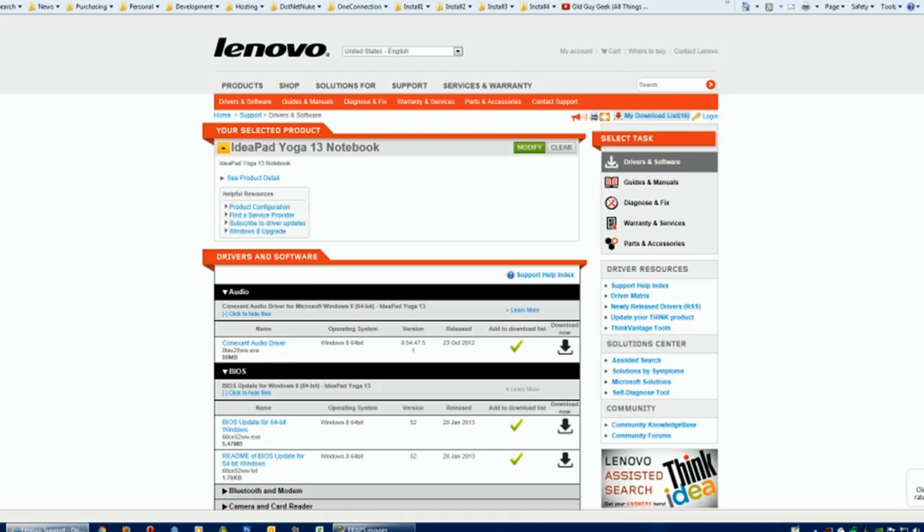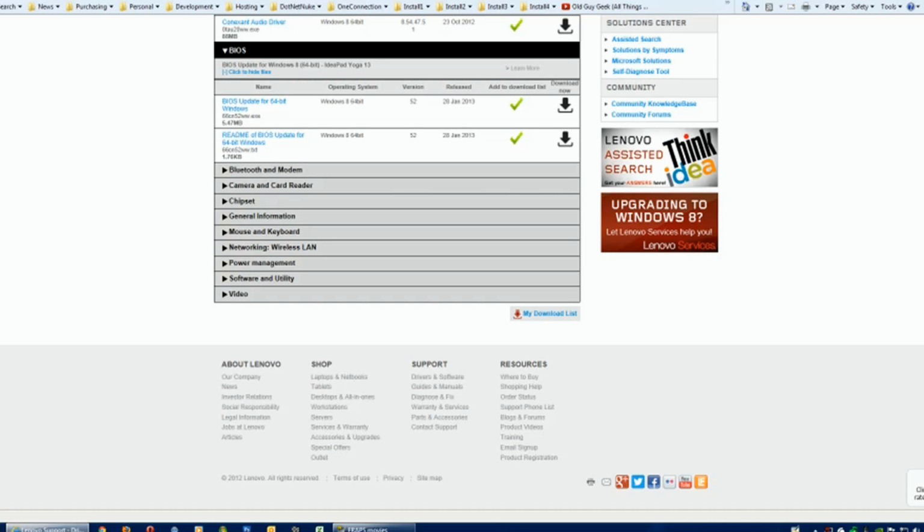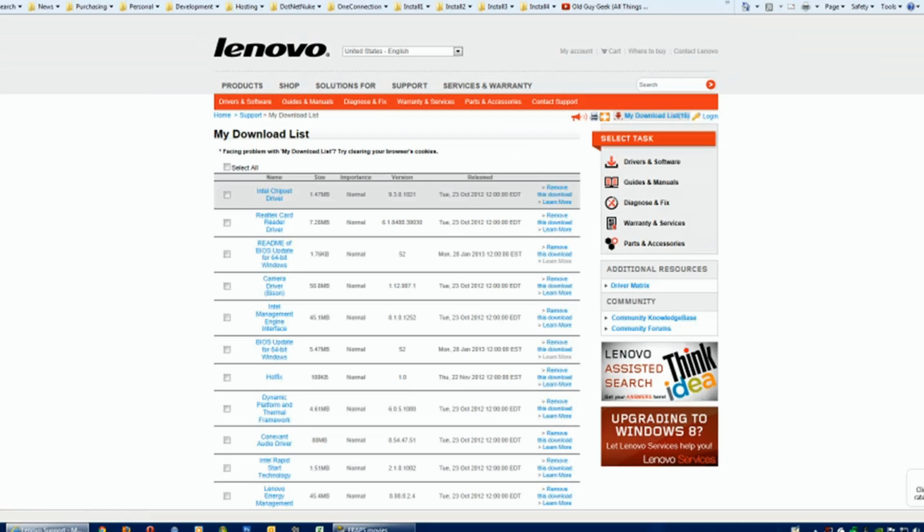Now I'm doing them all because I want to store them permanently somewhere else besides the Lenovo. So I keep them on a different system on a hard drive. You can keep them on a stick for that matter. But once you have this whole list made, you can click select all on your download list, and go down to the bottom and click on download.